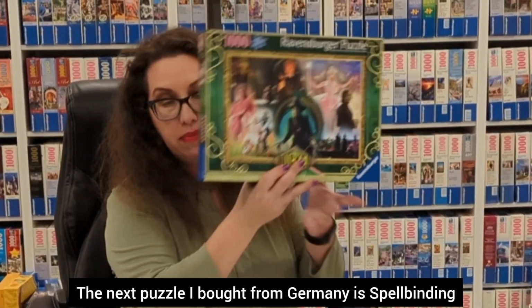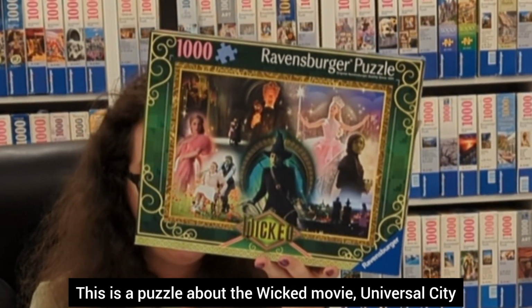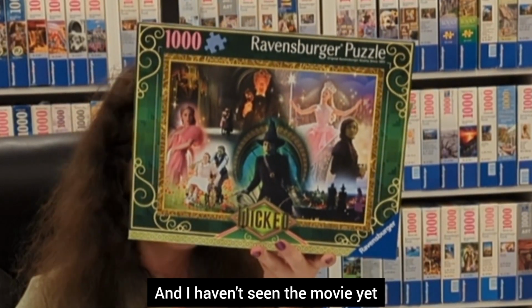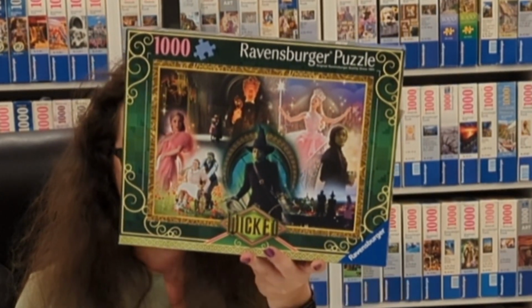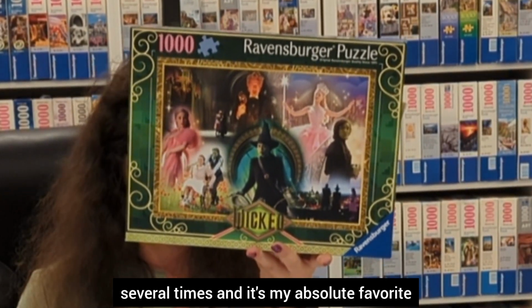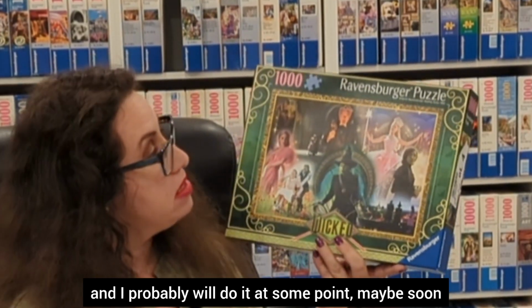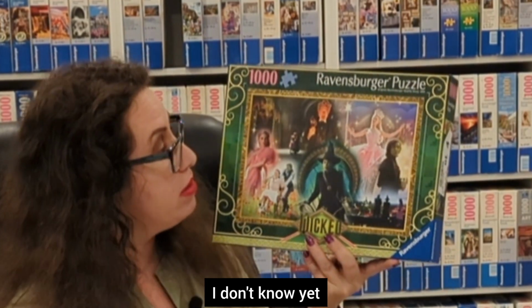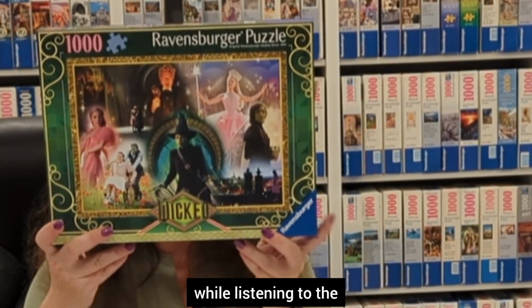So wait and see. The next puzzle I bought from Germany is Spellbinding. This is the puzzle about the Wicked movie by Universal City Studios. And I haven't seen the movie yet, but I did watch the show in the West End several times, and it's my absolute favorite. So this is a puzzle collage. It's quite magical, and I probably will do it at some point, maybe soon. I don't know yet. But definitely can do puzzling while listening to the